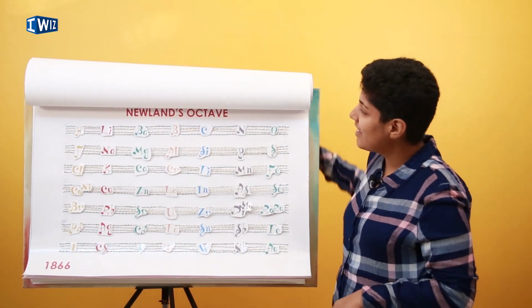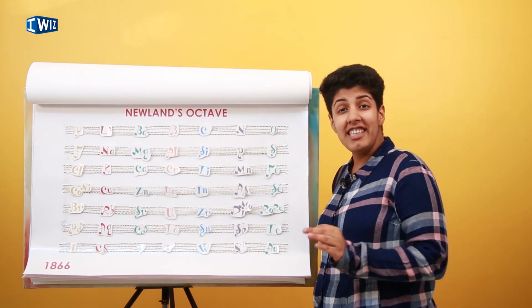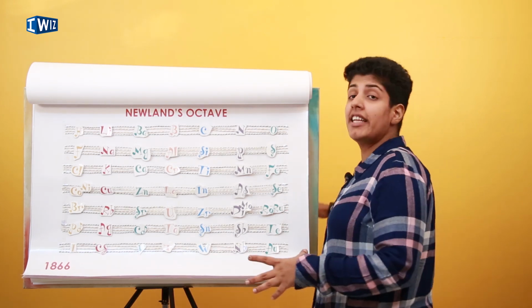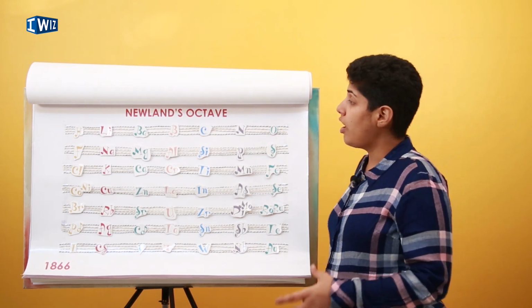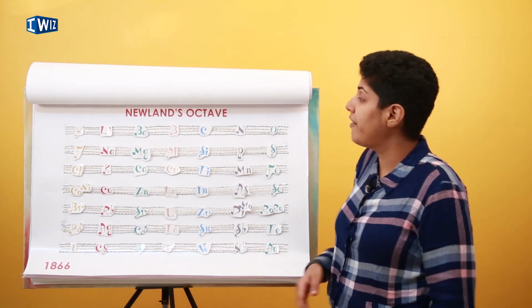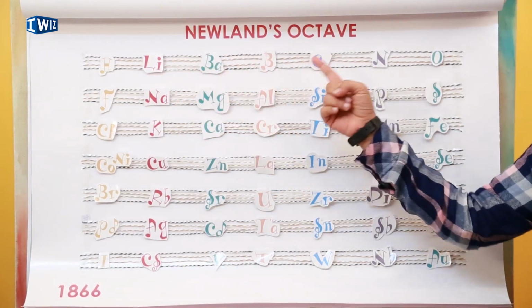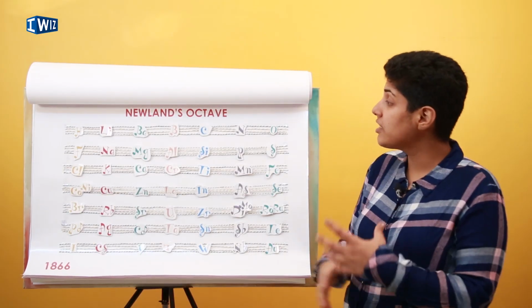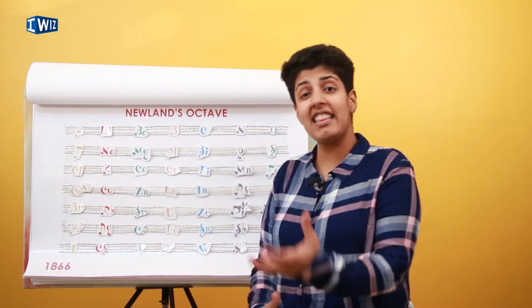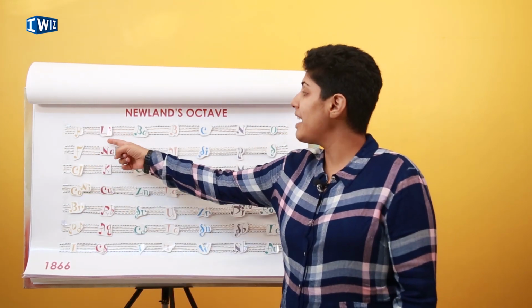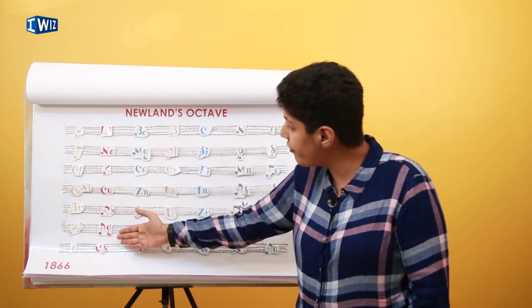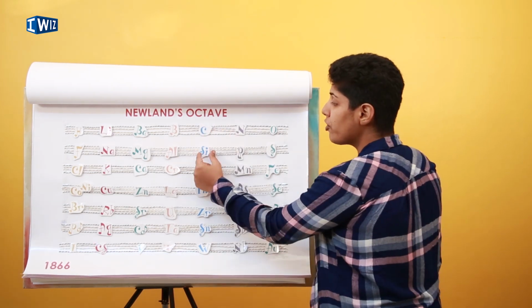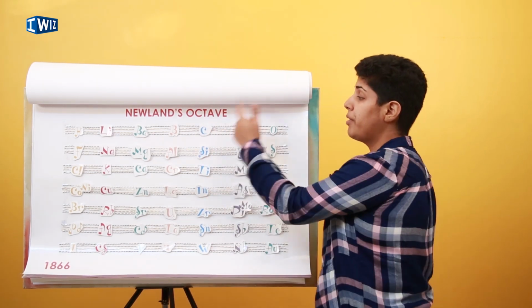Our next guy is Newlands. Now Newlands introduced the word periodicity. What he said is he gave us octaves. He compared elements to the music tones. So we have do, re, mi, fa, sol, la, ti and do again. So what he did was he was telling us that the 8th element after the first one, or if I count from here, the 8th element from here, all of these have the same properties. So when you arrange them in sets of 7, the next element over here is going to have the same property as the previous one over there.